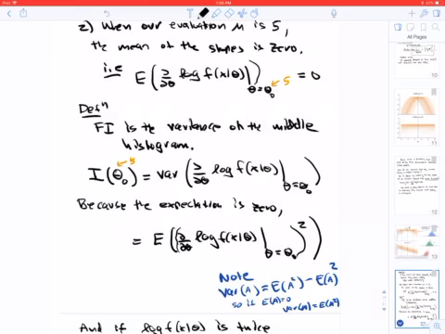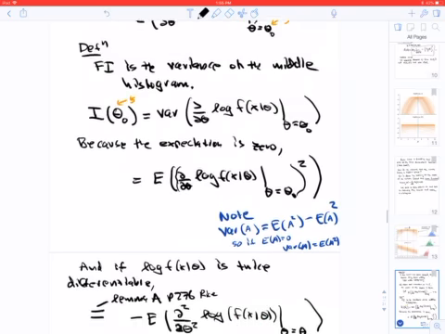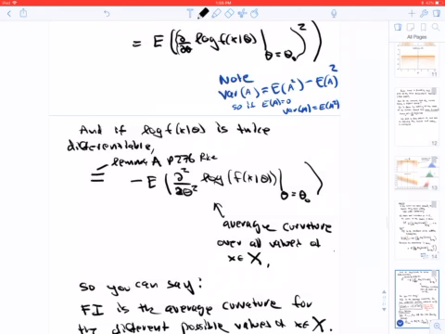Okay, so that's the definition given here. Because the expectation is 0, you can write it in this alternative form, just noting that the variance of A is the expectation of A squared when the expectation of A is 0. Furthermore, if the log likelihood is twice differentiable, then we can write the Fisher information alternatively in this form here,